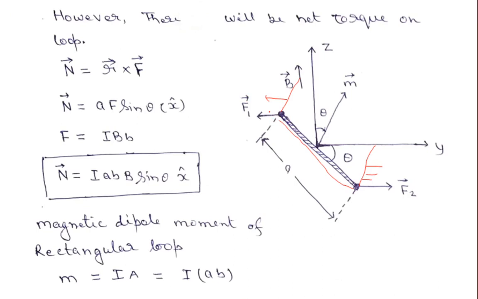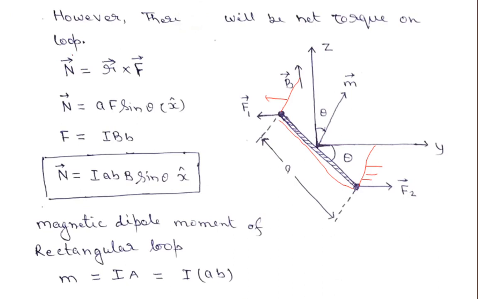So what will they try to do? This side is making an angle theta with respect to the y axis because of this dipole moment. So these forces F1 and F2, this couple, mean there will be a torque acting on this side, and this torque will try to bring it into equilibrium along the equilibrium axis. Okay. So that is why there will be a torque on the magnetic dipole. So how much torque will be there?